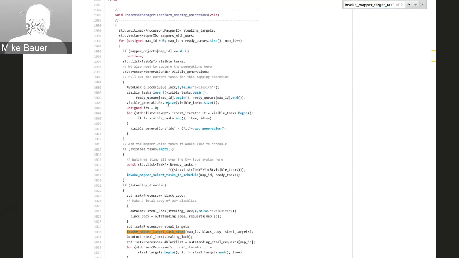Okay, so you recall that we make a copy of all the pointers to all these tasks which are potentially ready to be mapped. And we do our normal call to figure out which task to schedule. But of course, we also do this other step where we ask the mapper if it would like to possibly invoke a steal request on another remote processor. And what we do here is call this invoke mapper target task steal mapper call,